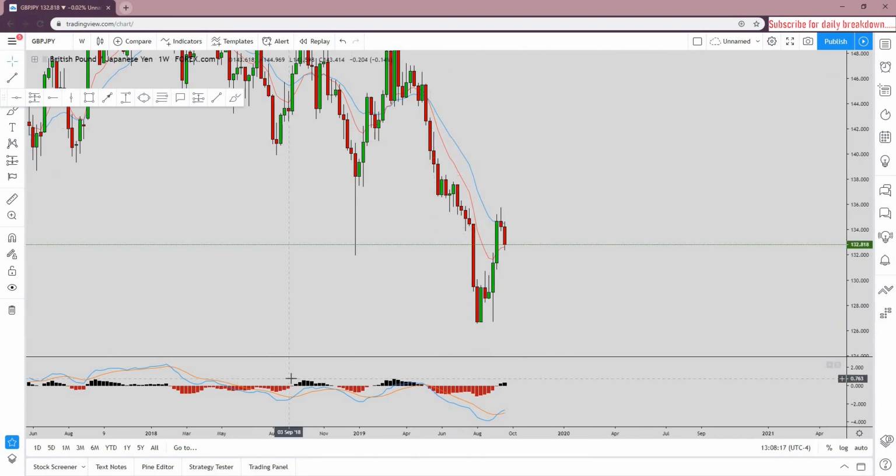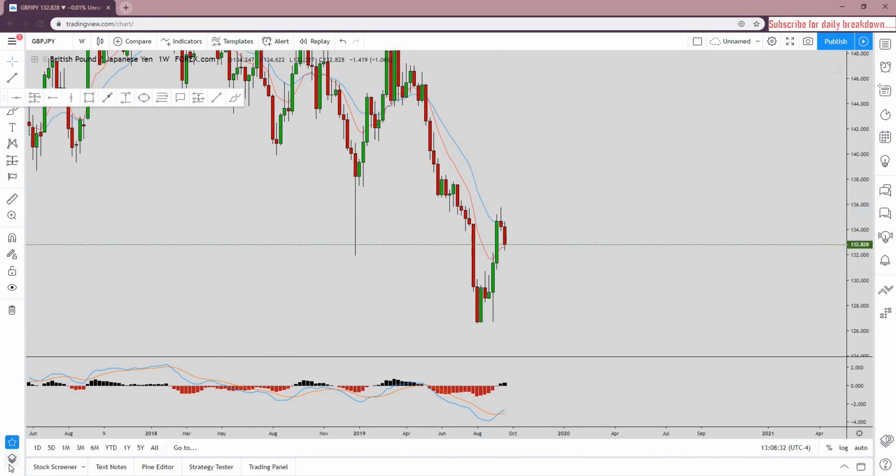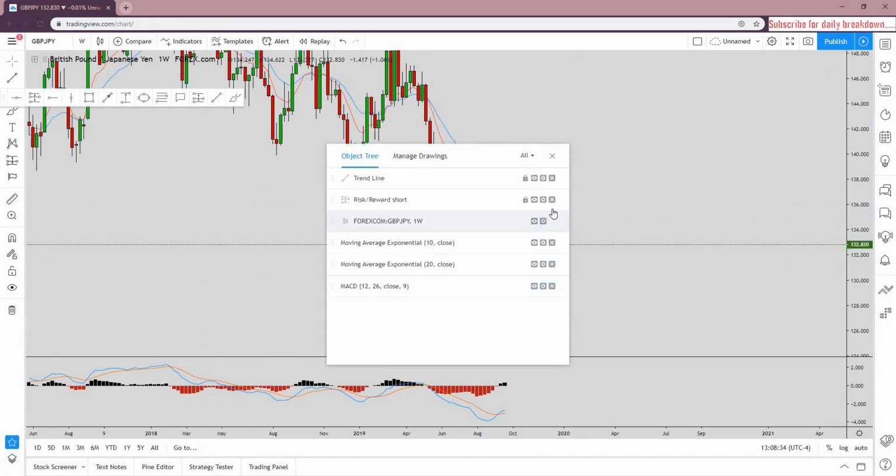Once you have set this up, you can create a template with these indicators, so you don't have to set them up every time. You go on templates and you go save indicator template. I will just put AAA because that is how I like to save them. Now if we delete the indicators,